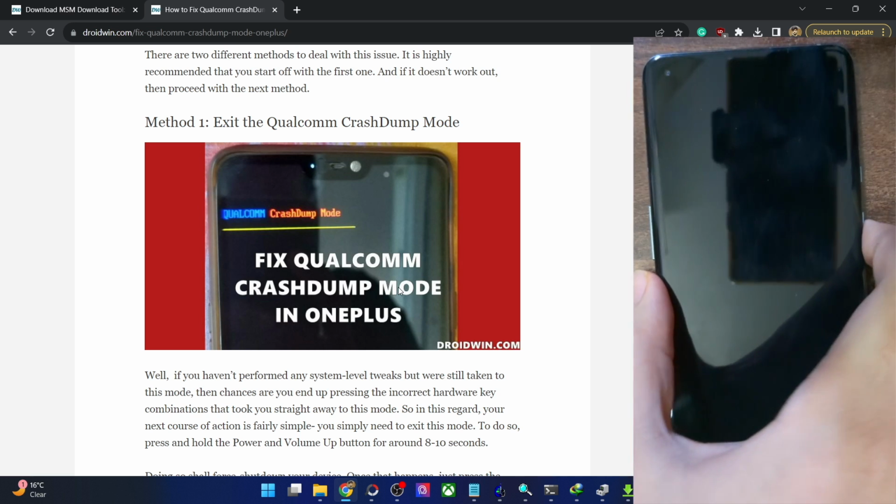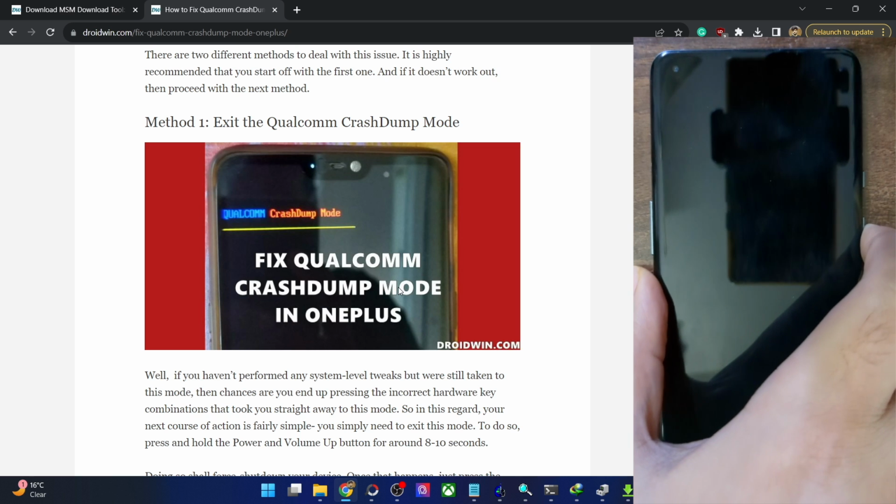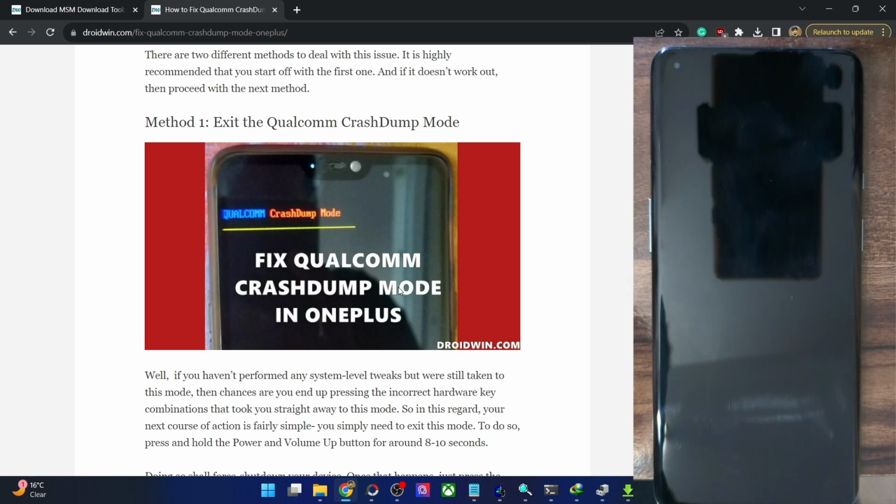So in my case, the phone again does not boot to any mode, rather it powered off this time around. So if in your case, your phone should now boot to the OS. If it is not booting to the OS, then the hardware key combination will not work. If it should work, then it would have worked right now itself. But now that it's not working, then you are out of luck, and your only course of action is to use the MSM tool to get this job done.